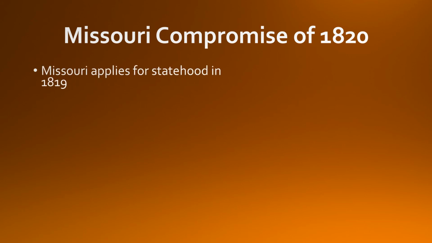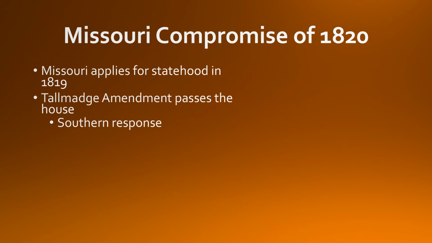as I said earlier, the second major issue of President Monroe's presidency was the Missouri Compromise of 1820. A little bit of background on this was that Missouri, as a state, applied for statehood in 1819, and the House of Representatives passed something called the Tallmadge Amendment. The Tallmadge Amendment said that no more slaves could be brought into Missouri if it were to become a state, and it actually proposed a gradual emancipation of children born to slave parents who were already there. And the Southern response to this was